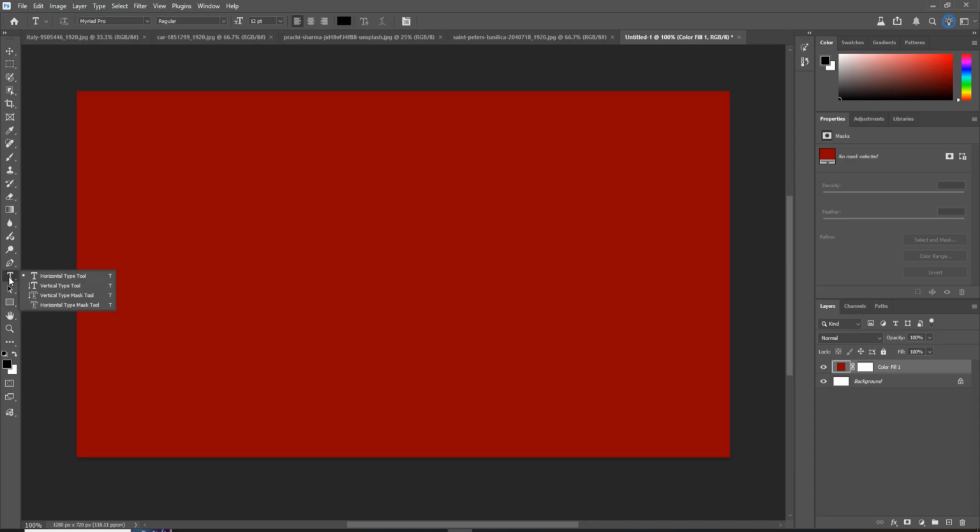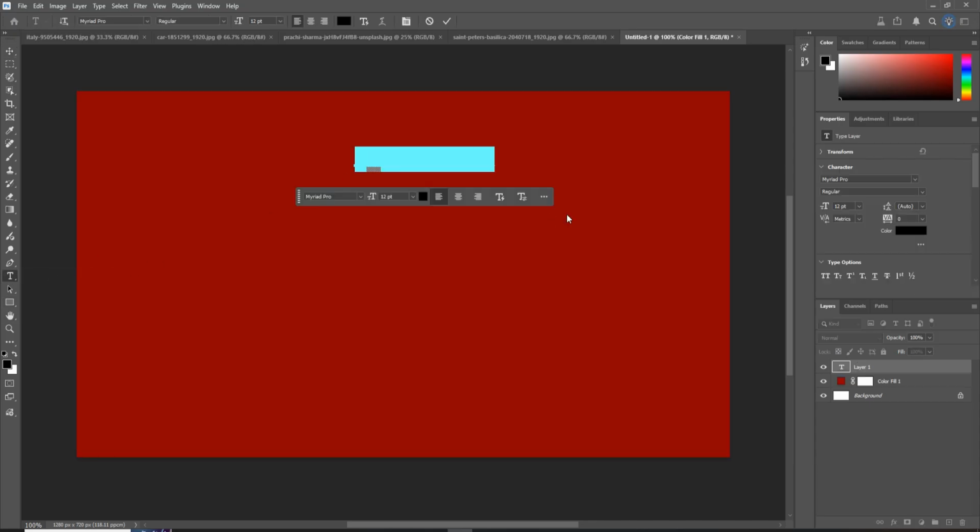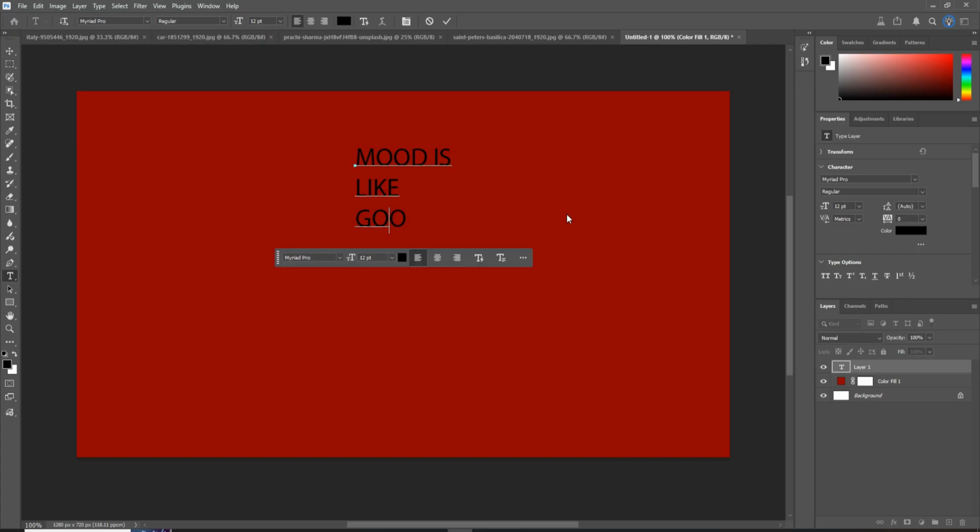First I'm going to click on text icon, then write down some text like mood. Make this one capital. Mood is enter like God, but it's change. Okay, so this one is our text and I'm going to, and the new feature is just click on